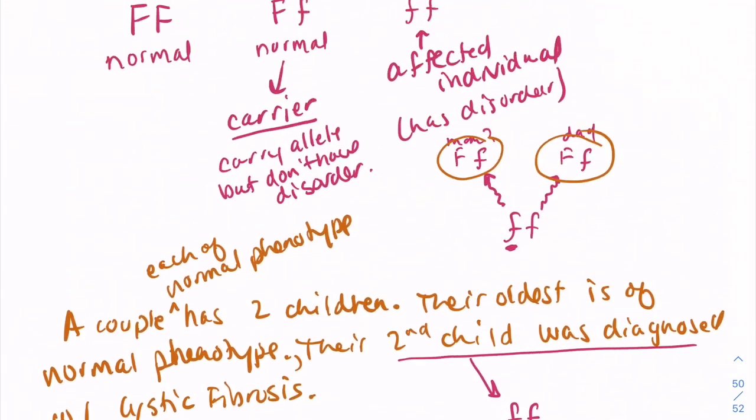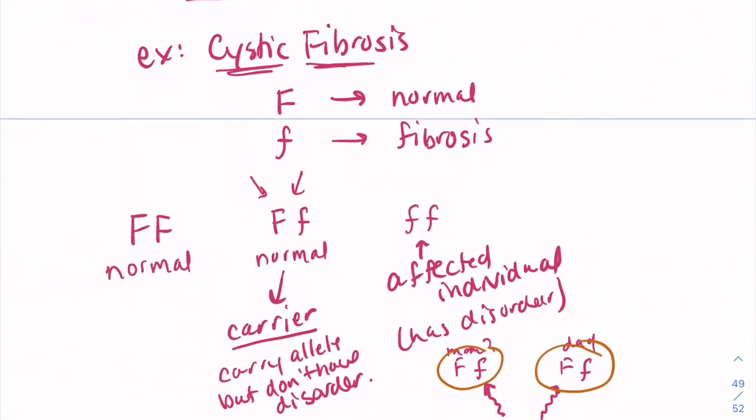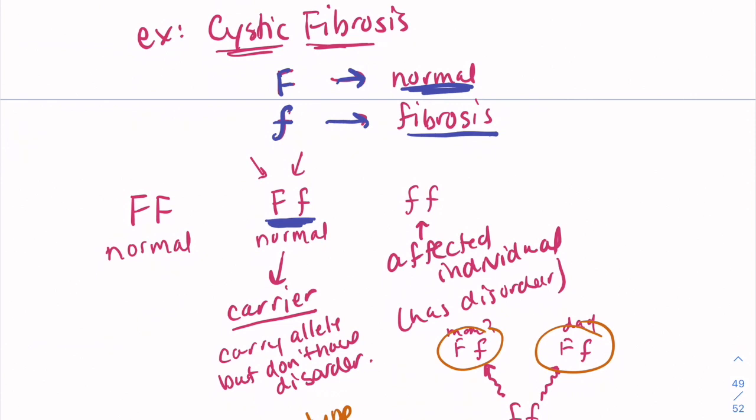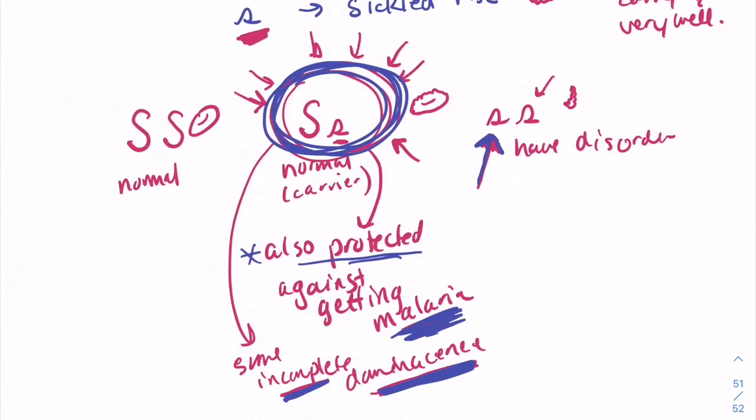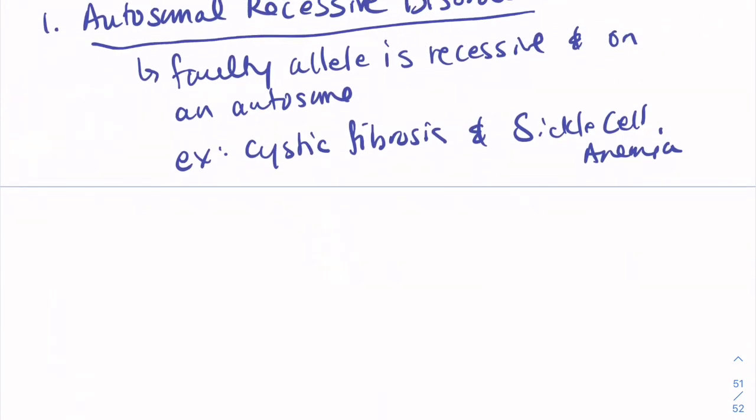But for something like cystic fibrosis, remember, the dominant allele causes a normal phenotype, but the recessive allele causes cystic fibrosis. The carriers, the heterozygous people, are carriers because they don't have the disorder, but they carry the allele. They are completely normal. So only affected individuals are homozygous recessive. Now, sometimes the faulty allele is not recessive, so that brings us to the next one, which is autosomal